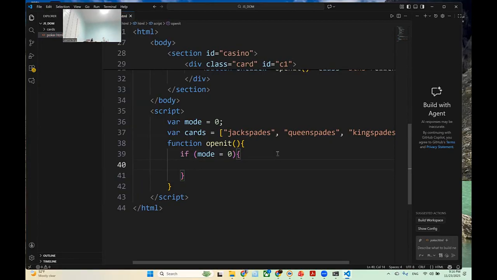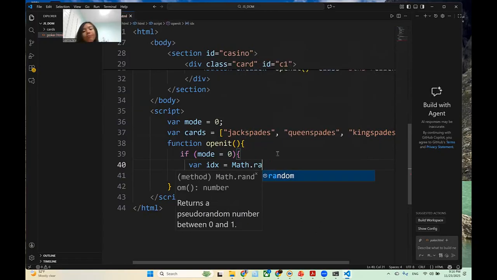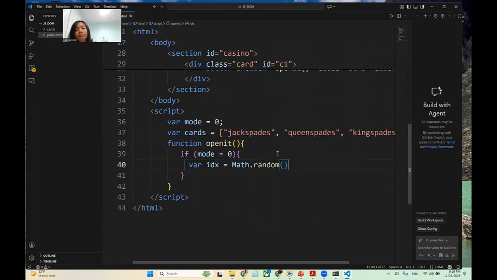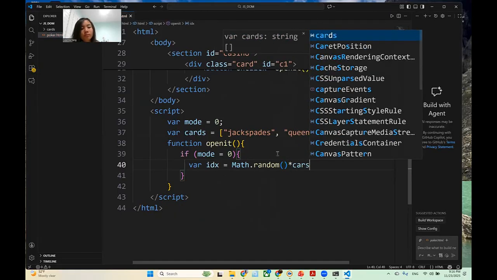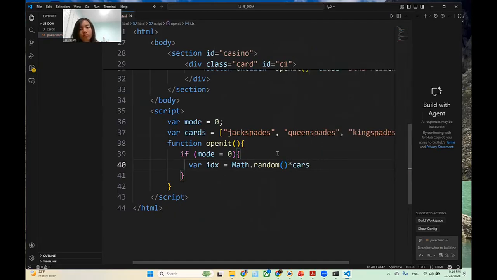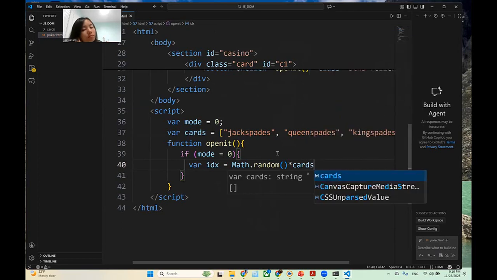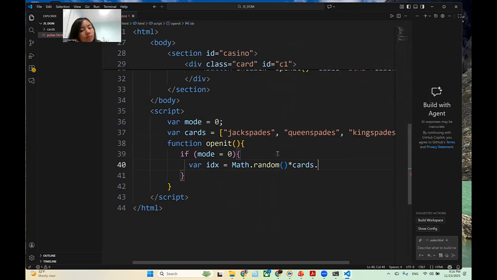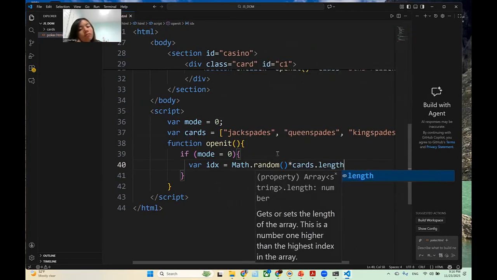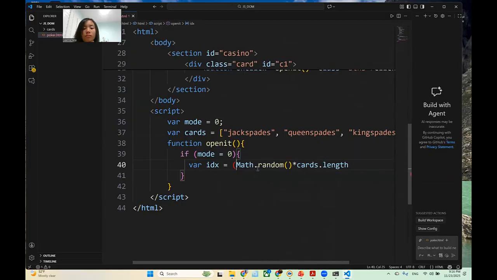We will do variable index equals Math.random times cards.length. Okay, so you will use Math.random, use the cards length. You get this one,